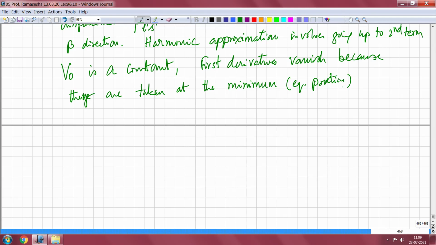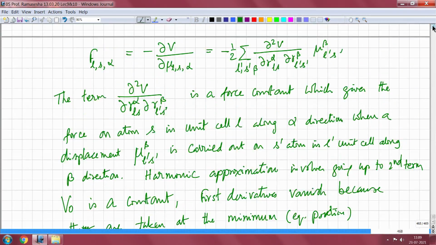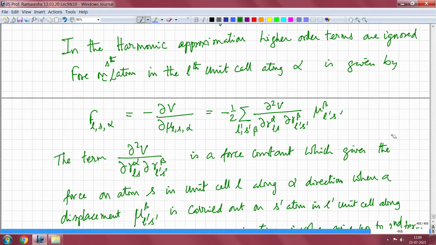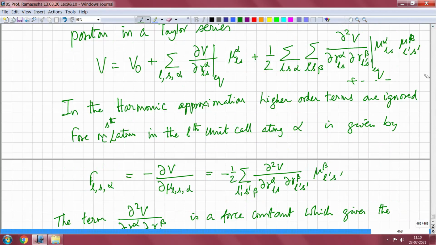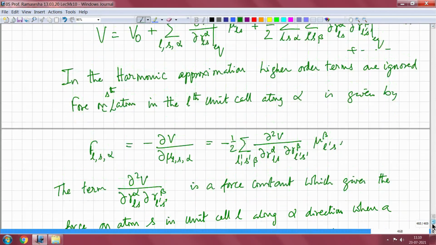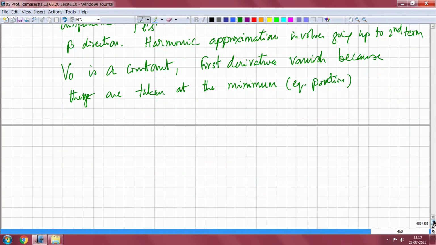So the potential energy is basically only given by this quantity, rather by this quantity. Okay. So that is a harmonic approximation, and because the force is proportional to displacement, it follows Hooke's law. This is the approximation that is made in almost all cases, not just in solids, in all the molecules, and based on that you get the frequencies.